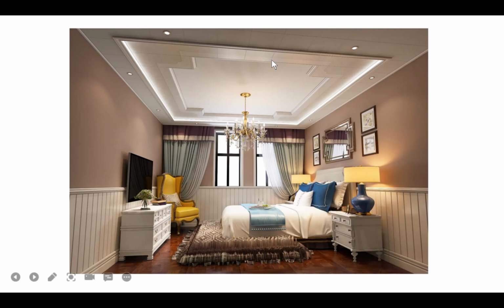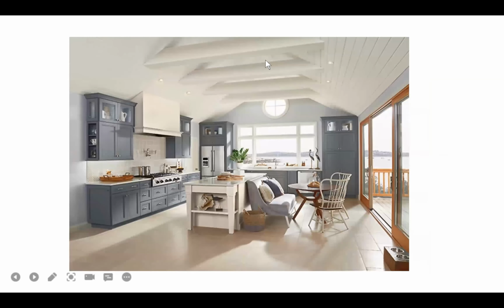Let's move on to the next 3, because for the next 3, we will be using a different way to do the ceiling design. Okay, so like this one. If you have been to my webinar last week, we have actually used this same picture for the kitchen design, right? And I remember during that webinar, somebody saw the ceiling and asked how to make a ceiling design like this one.